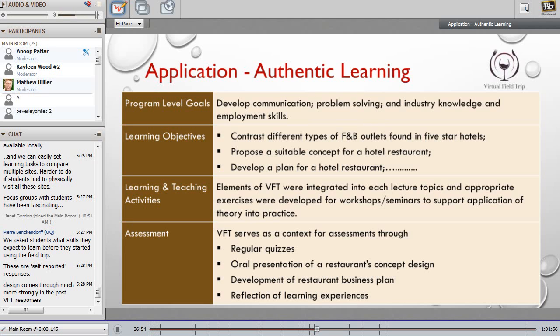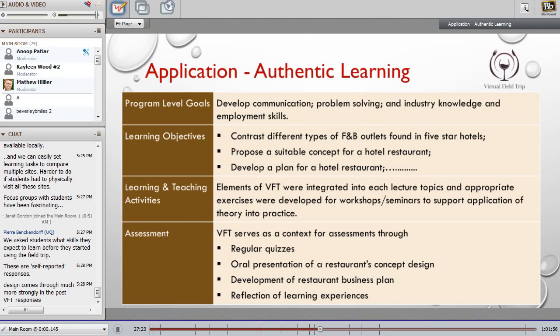Towards the end of last year, all partner universities and research team members got together, and we did curriculum mapping and considered authentic learning. We looked at the program learning goals: developing communication among students, problem solving, industry knowledge, and employment skills.